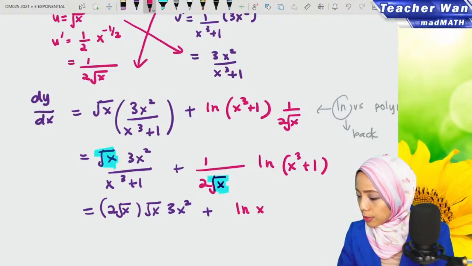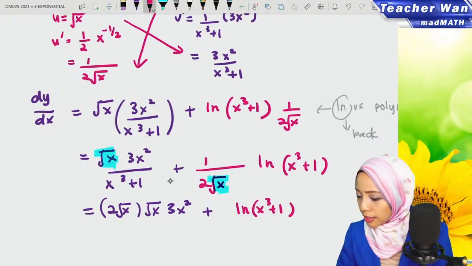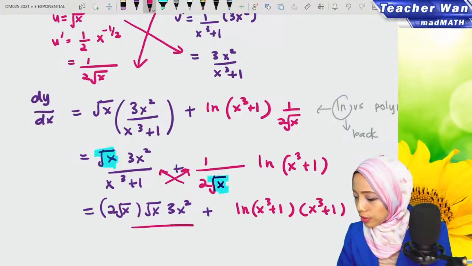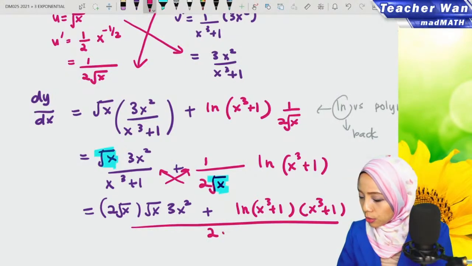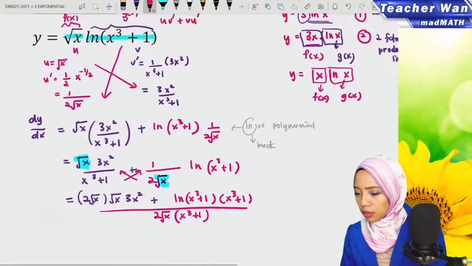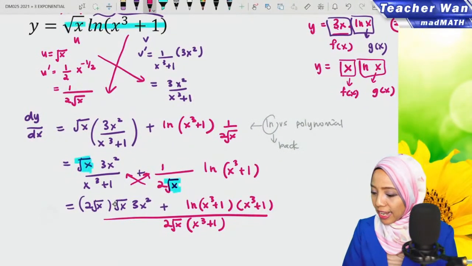Ln x cube plus 1. Multiply with this, so this is x cube plus 1 over x cube plus 1, okay. Then the derivative of x cube plus 1 is 6x, and set x adalah x, so it becomes 6x